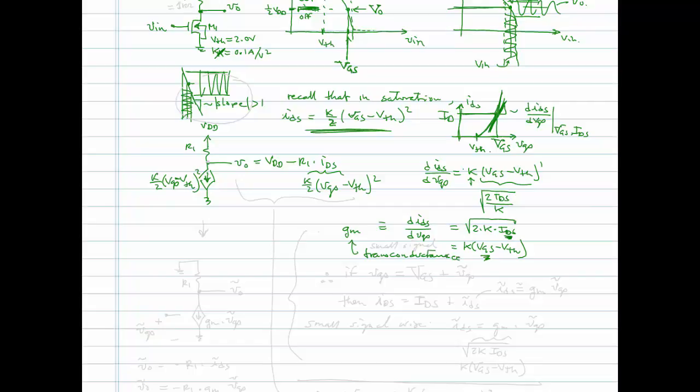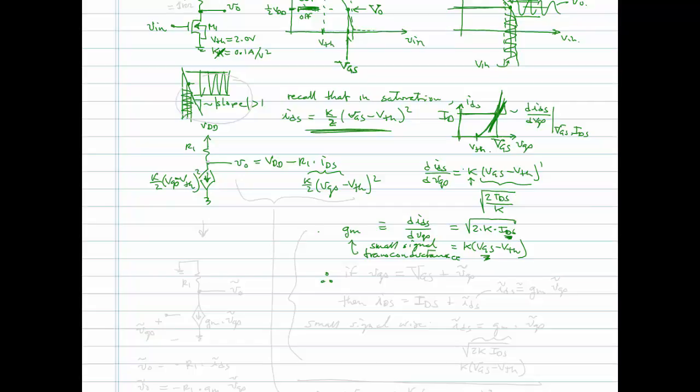The small signal transconductance. Meaning that if you're only changing the input voltage a small amount, VGS a tiny bit, you'll get a tiny change in IDS and it will be linearly related. If you stay in that small signal region, it'll be a linear relationship, and the linear relationship will be determined by GM. So we could write